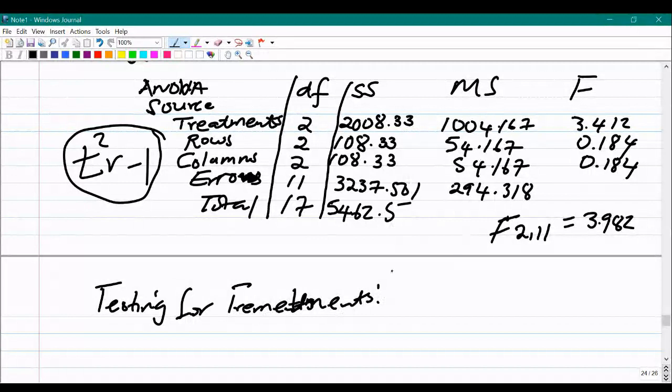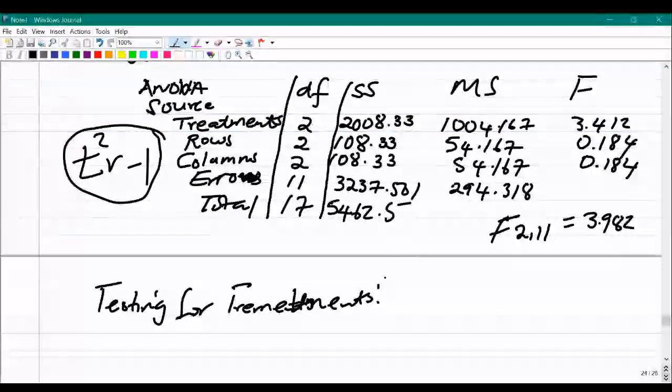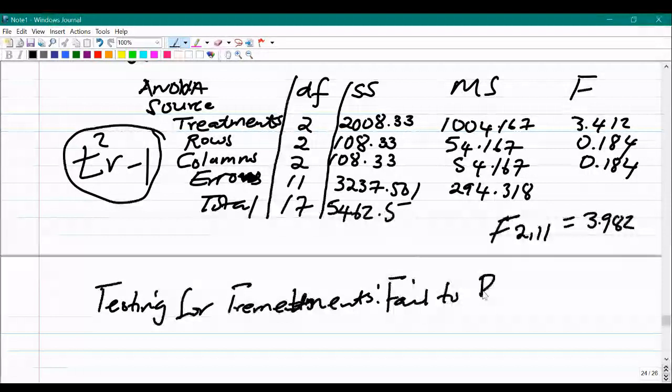You see it, my brother? What is your decision? When testing for the treatment, are you rejecting or failing to reject? You fail to reject H0, isn't it? Fail to reject H0 and conclude